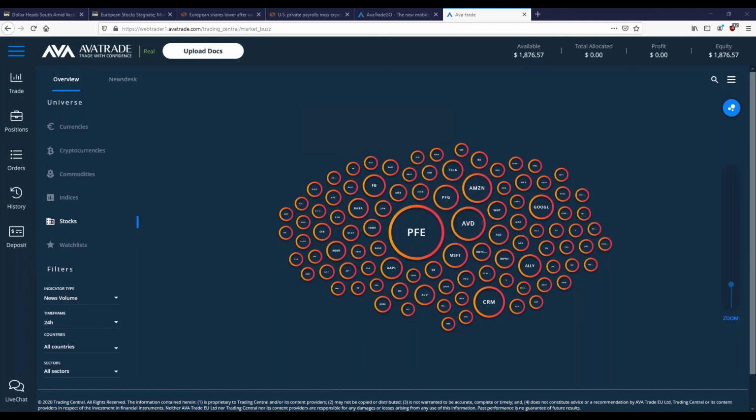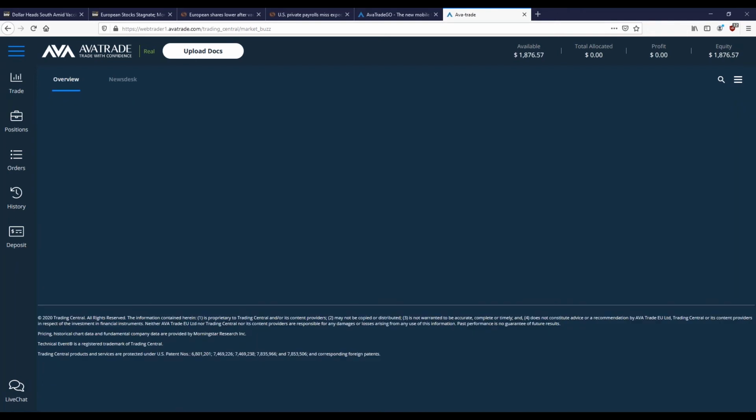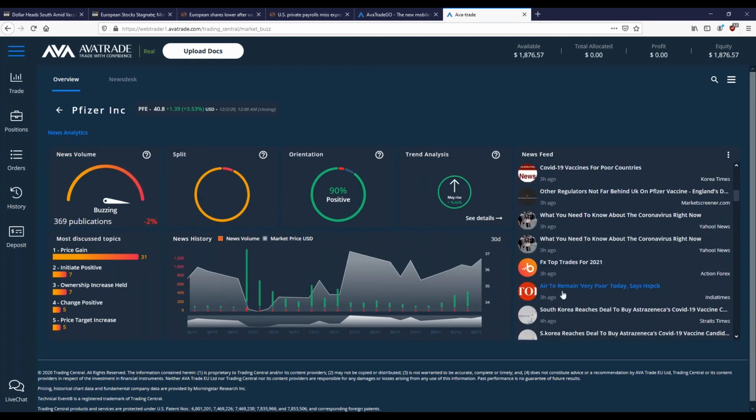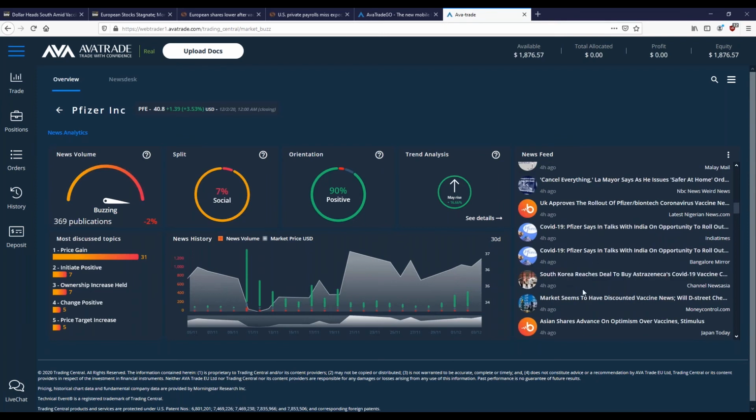Yeah, we're looking at fundamentals, Sebastian, today. We took a quick look at some of the features on the WebTrader platform that we offer, but we're about to jump into some more fundamentals. So if Pfizer is something you want to trade on, you know, they're involved with the vaccine development, etc., click on it. It gives you the fundamental articles about Pfizer, the most recent at the top, 1 hour ago, 1 hour ago, 2 hours ago, etc. There are hundreds of them going back 3 hours, 4 hours, etc.